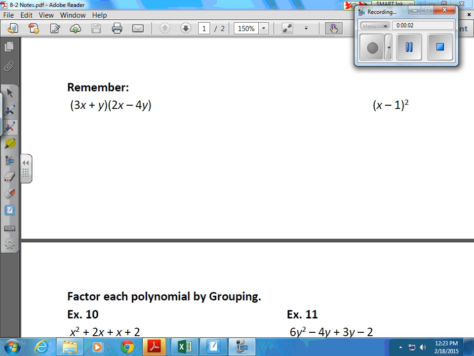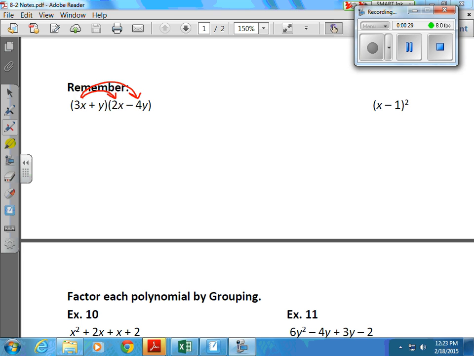As we continue to learn more about factoring, and we're going to factor by grouping in the next lesson, I want to review a little bit of our multiplying binomials together, FOIL method. Just to review, when you're multiplying two binomials together, you need to take each term and multiply it by both terms in the other set